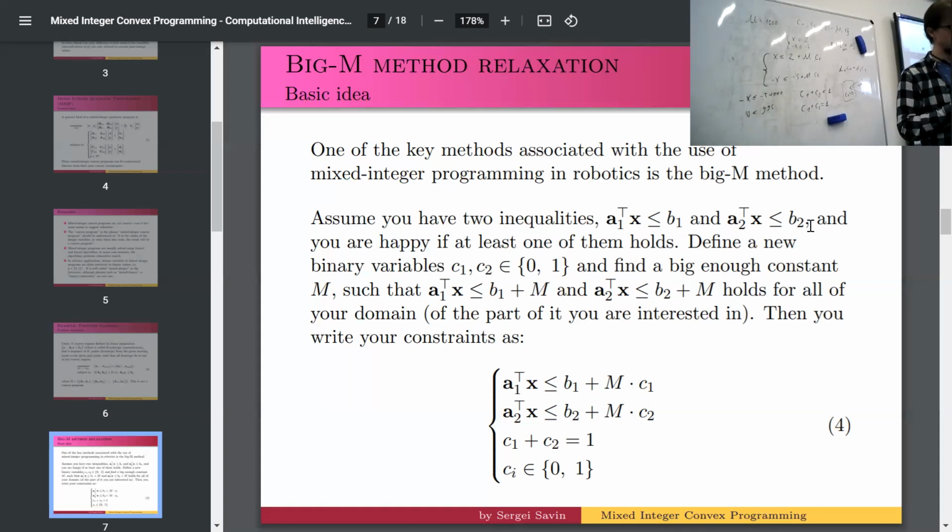Now, that's pretty much it, right? That's pretty much it for the Big-M method. Any other questions? We're going to go back to the example, but let's first